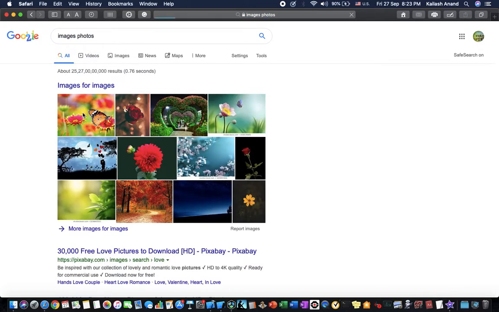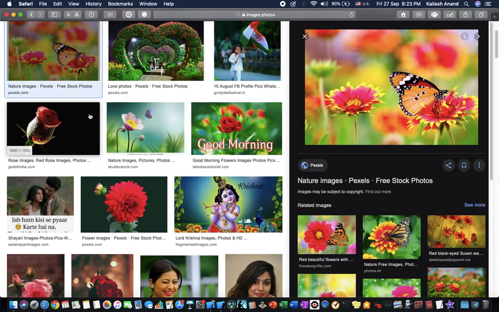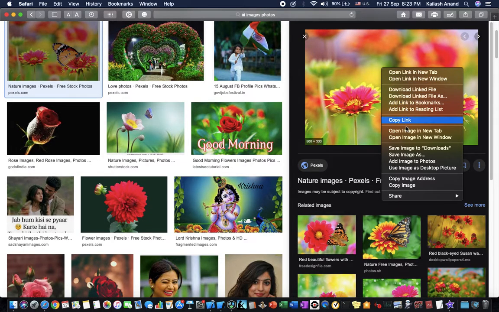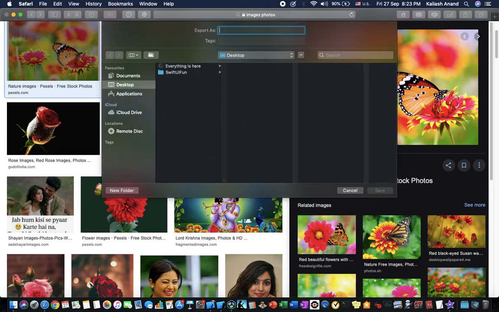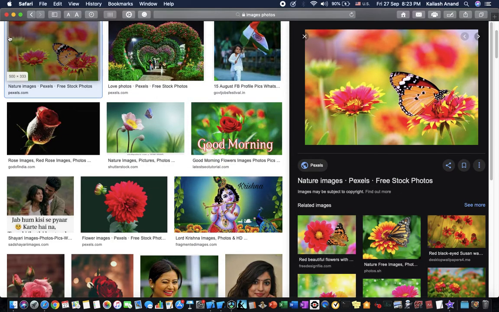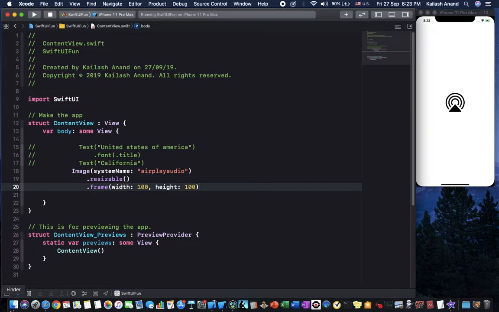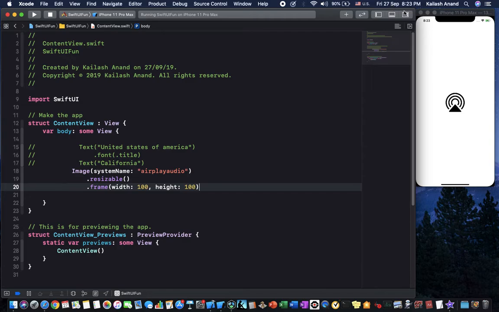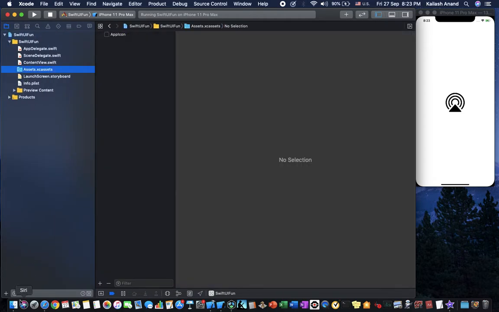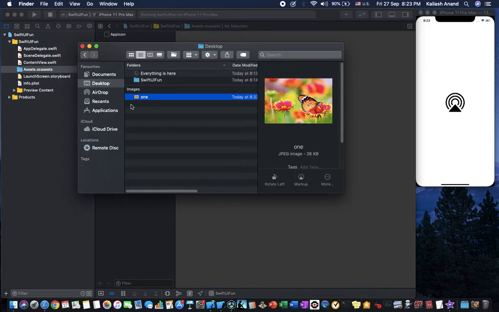That looks pretty simple and nice. Yeah, I'm going to use this one, so I'm just going to click on save image as, keep it as 1 to keep stuff simple and save it. Finder, go over to desktop, there it is. So head over to the assets, drop it in here,